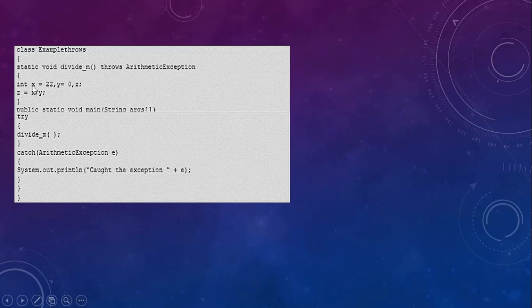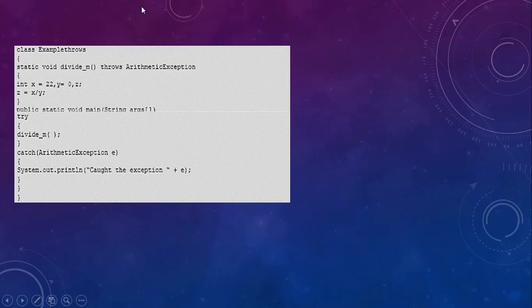Why? Because within this method I have variable x with value 22, I have variable y with value 0, and I am trying to get the value of z, which is nothing but x divided by y. So indirectly, if there is a tendency for this method to raise an exception, mostly what kind of exception will it be? It will be a divide by 0 exception. So I am writing here that this method throws ArithmeticException because I know that it is very likely to throw an arithmetic exception. And what is an arithmetic exception? It is an exception that comes when we have divide by 0 errors.